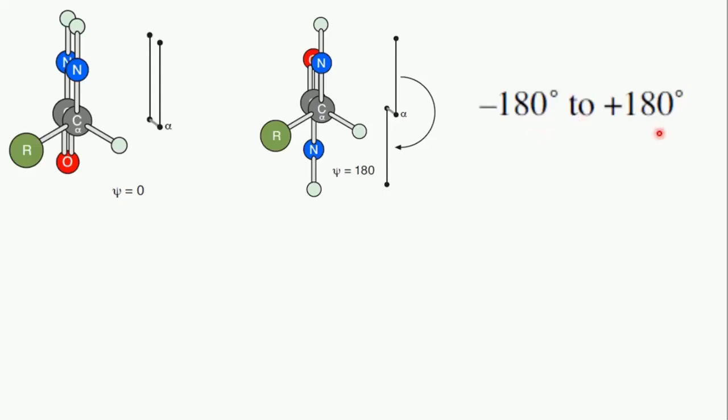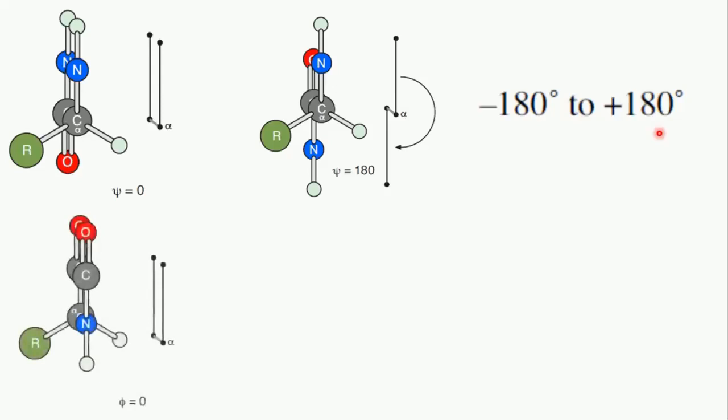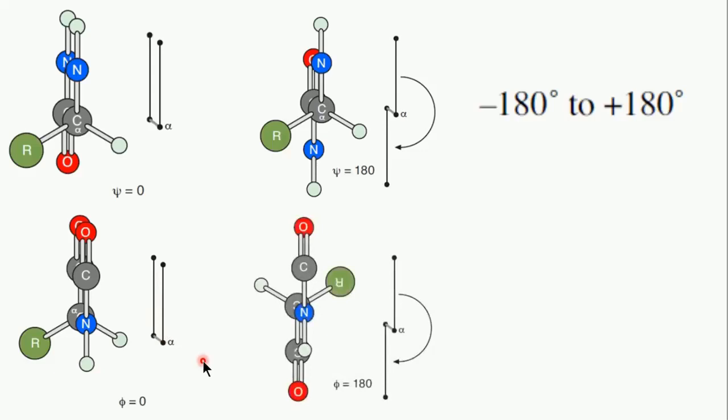Now we see the same kind of rotation for the phi angles. So the phi angle is between the alpha carbon and nitrogen of the peptide bond. Okay, so right now the phi is 0, so they are not having any angular difference. You just rotate it, so you will find that the whole group has rotated, and now the value of phi is 180 degree. So that is again positive rotation. We can go in negative direction, so I can say that value of phi will also be from minus 180